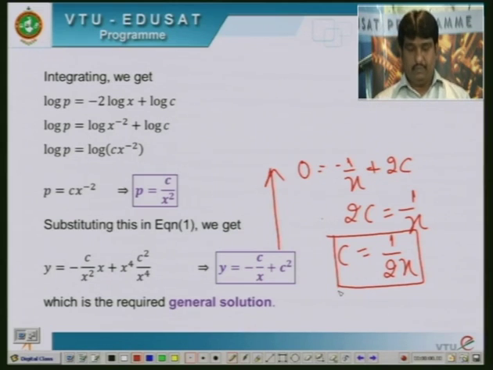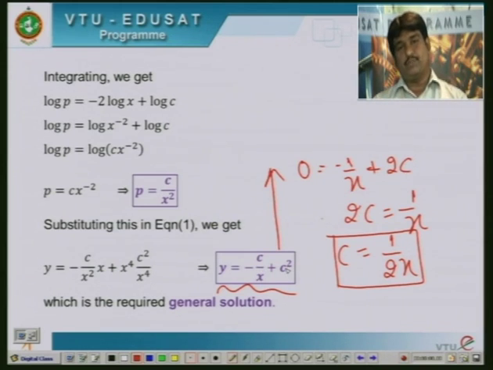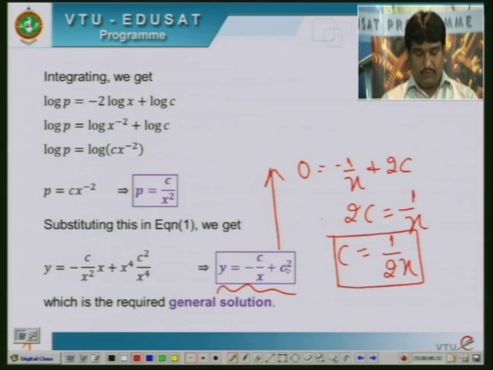What I have done here is differentiate the general solution with respect to the arbitrary constant c, treating y and x as constant. The derivative of y is 0, that equals minus 1 by x, derivative of c is 1, plus the derivative of c square is 2c. With this 2c becomes 1 by x, so c is 1 by 2x. Now you have to substitute the c value in the general solution. So if you substitute here, you get y equals